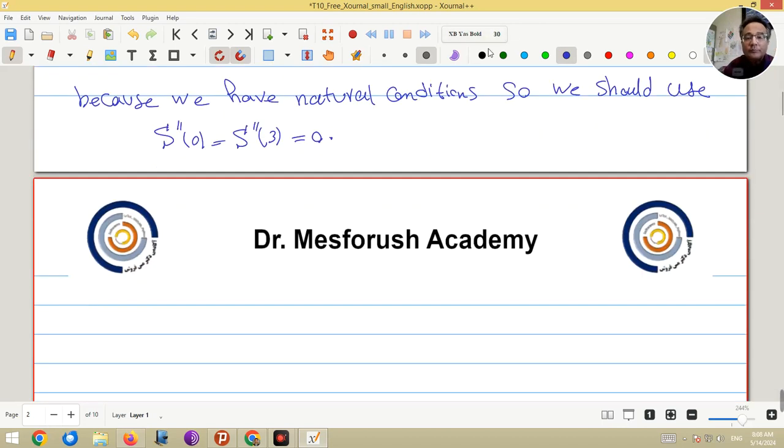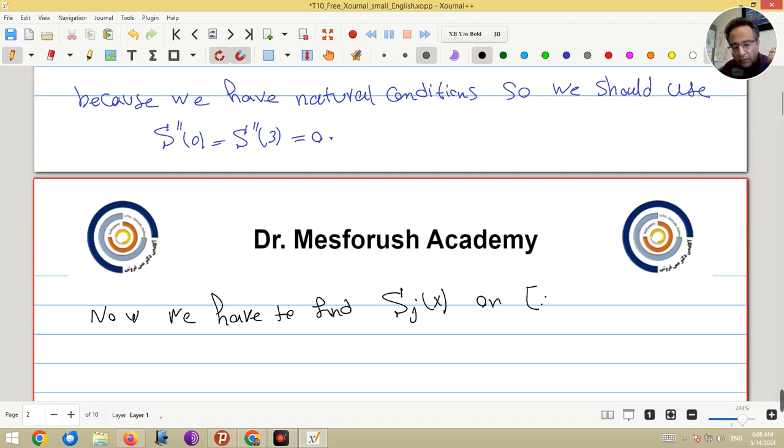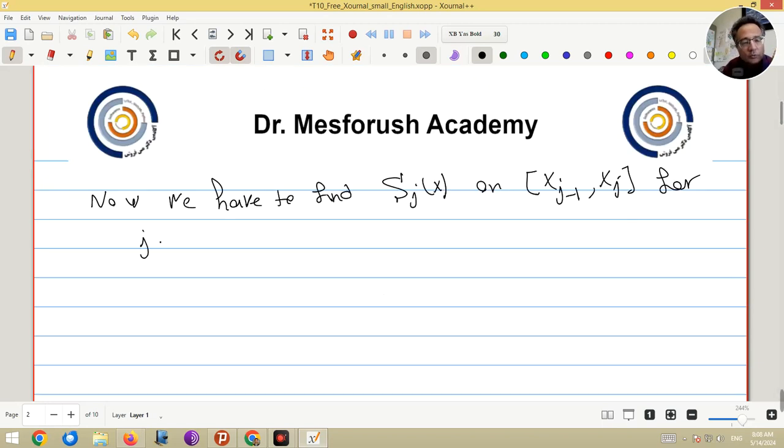Now we have to find Sj of x on the interval xj minus 1 to xj for j equal to 1, 2, 3, such that